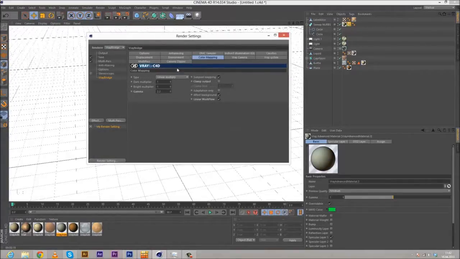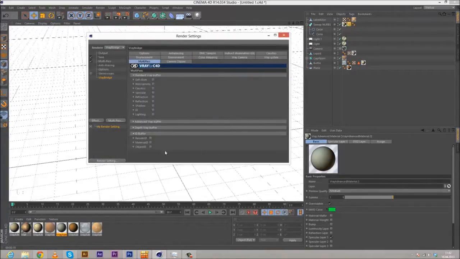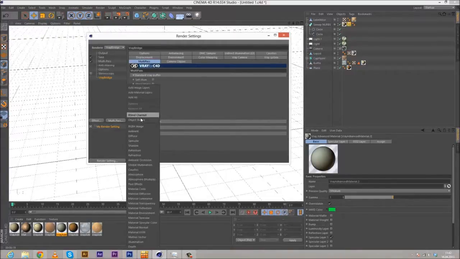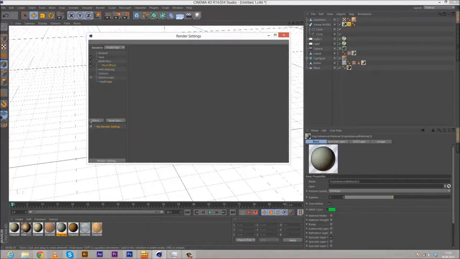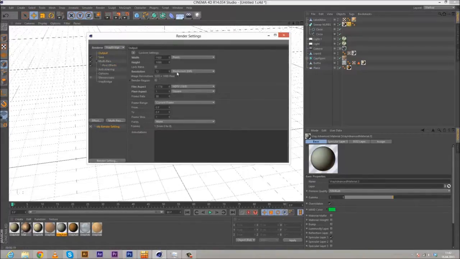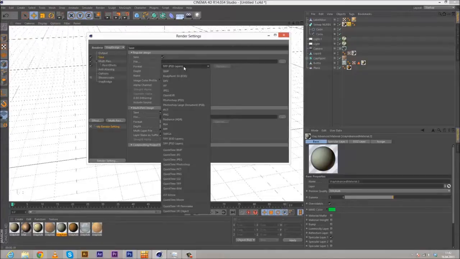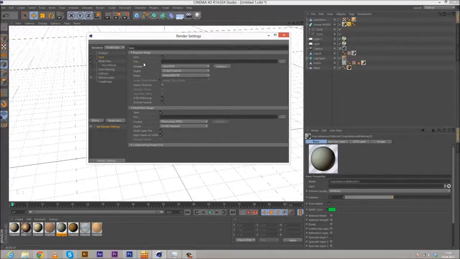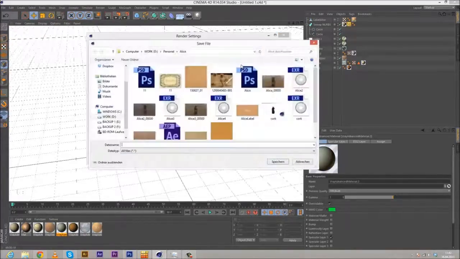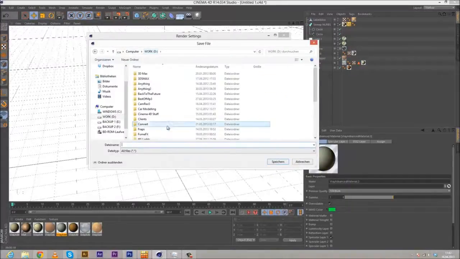Let's go to multipass, ID buffer, material ID. Let's tick this on. Go to multipass and click on post effects. Perfect. And now we go to save. First of all, output is full HD. Okay, this is okay. And now we save this as an OpenEXR, the regular image, and we will save this